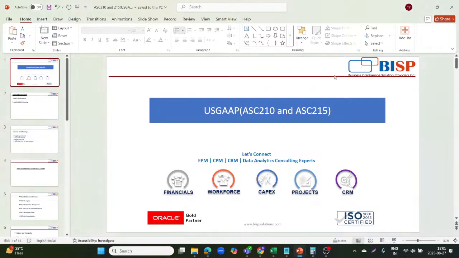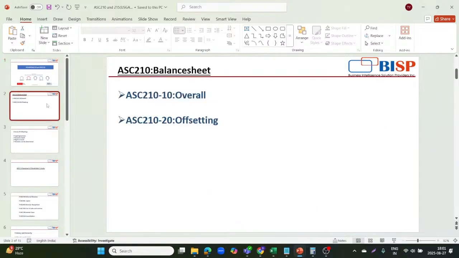Under US GAAP, Accounting Standard Codification 210 and Accounting Standard Codification 215. Accounting Standard Codification 210 stands for balance sheet. Now under this balance sheet, we'll have two subtopics. First is Accounting Standard Codification 210-10, which stands for overall explanation, and second is Accounting Standard Codification 210-20, which is